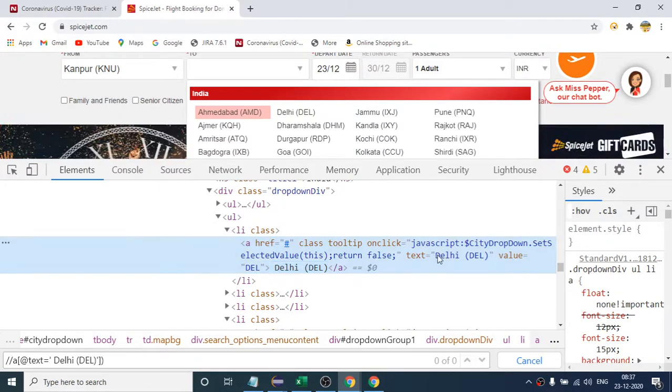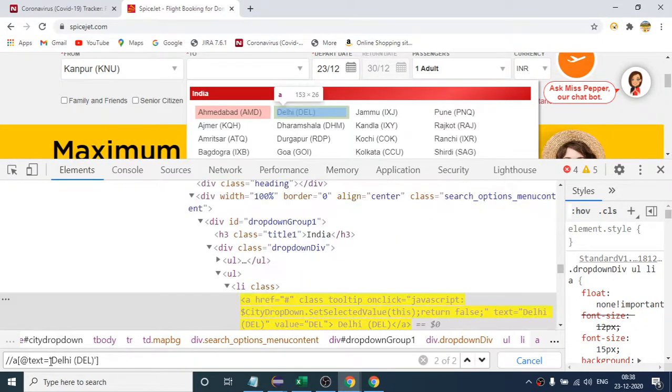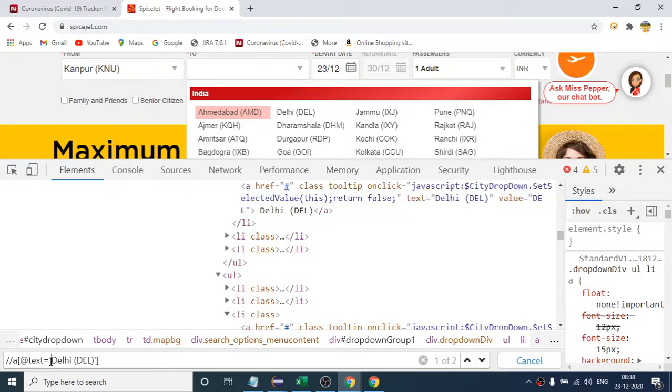Okay, so here I have to copy this, and text equals to Delhi, tag name is. Missing comma. Yeah, so here again you can see two matching nodes.